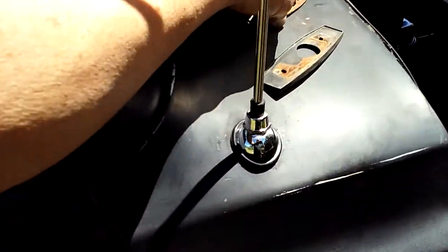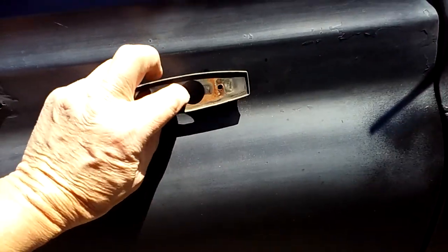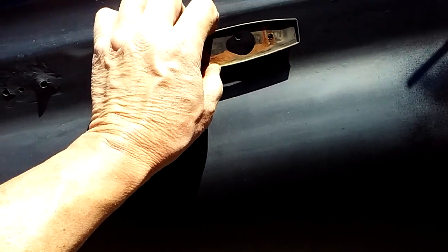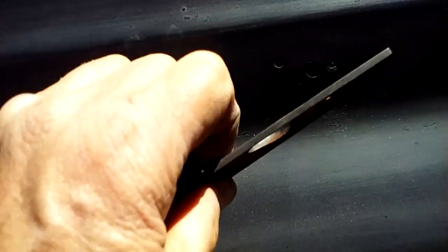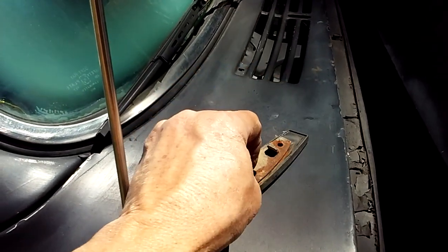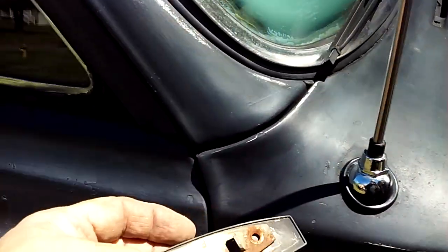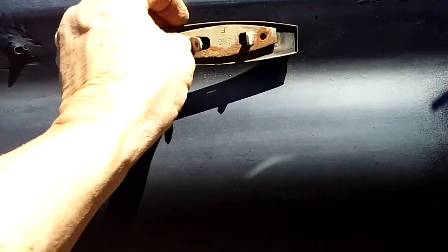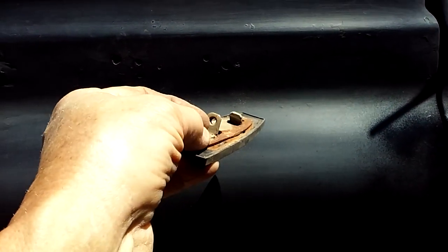I'm gonna, let me see, let me get this piece of rubber. I'm gonna try to stick it on here where the holes are at. I've marked them and drilled them out. This is the rubber that goes in between the base that the mirror mounts on. Hope you can see all this. Anyway, it goes right here, then the mirror has a screw that mounts into this base, and that's how it